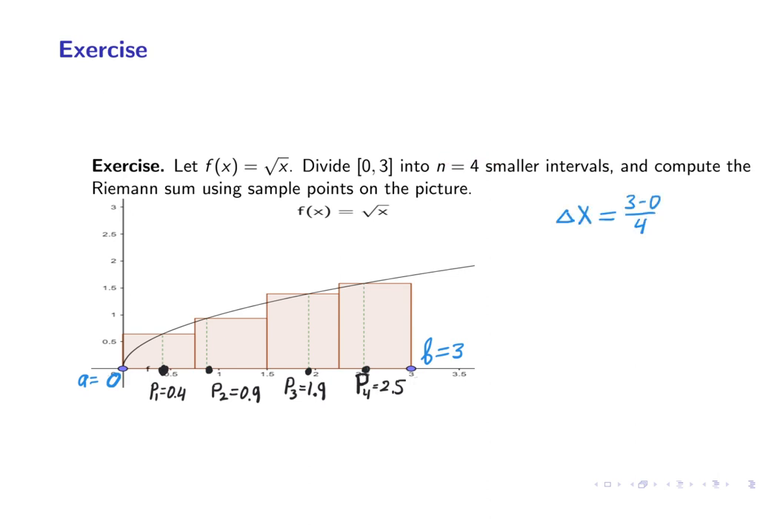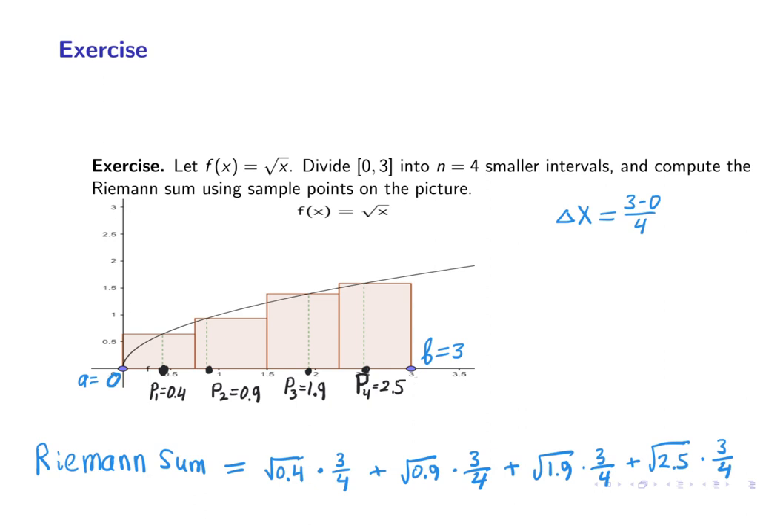First of all, the distance between 0 and 3 is 3 minus 0, it's 3, and we divide into 4 intervals, so delta x is 3/4. Now we are ready to write the Riemann sum. So at each of these sample points, we compute the square root to get the sample y values, and then we multiply each sample y value by delta x, which is 3/4, and add them up,